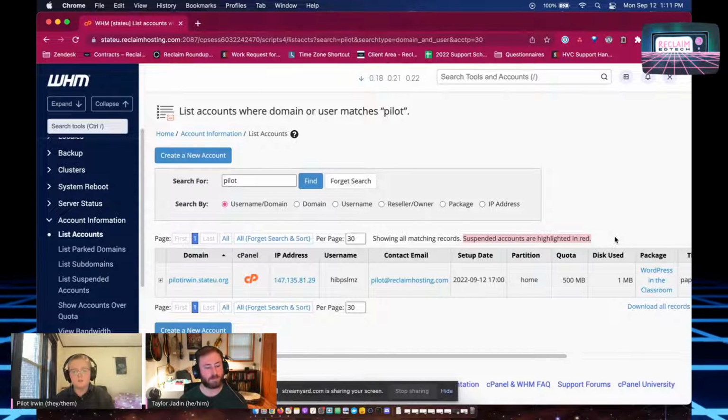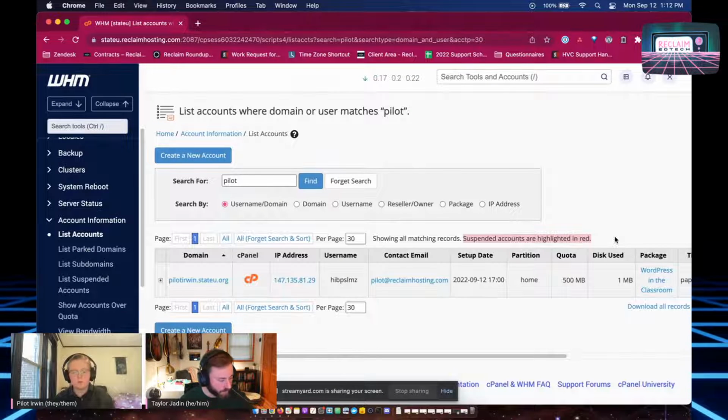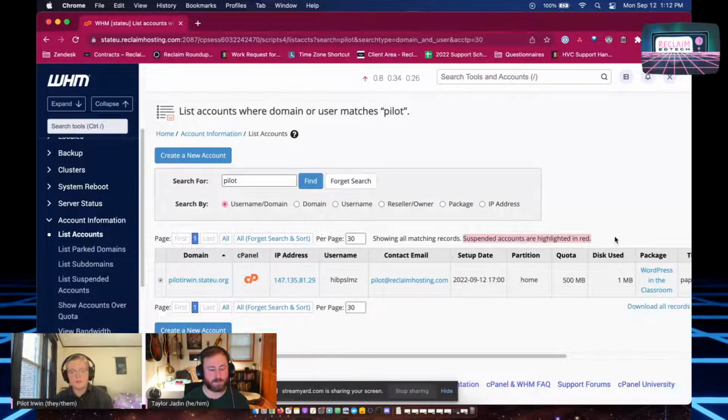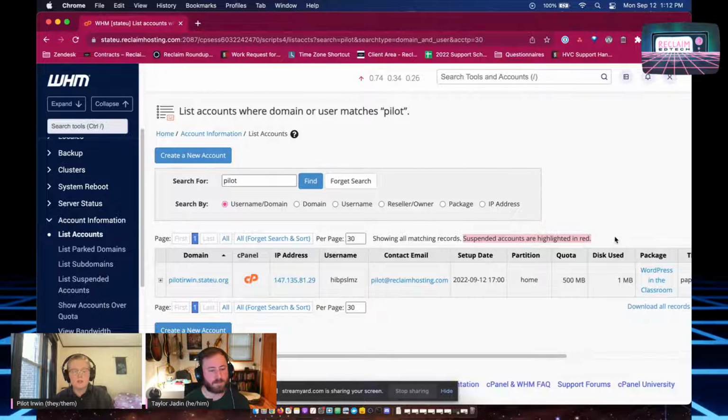So if you have one or two heavy hitters, people who are doing larger projects, you can say, all right, you guys get 5 gigabytes. You guys get maybe 10 gigabytes because your projects are really big. I would caution against making that policy,